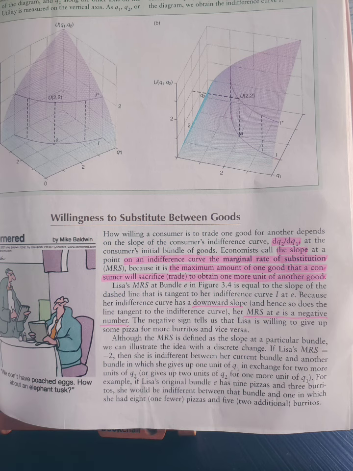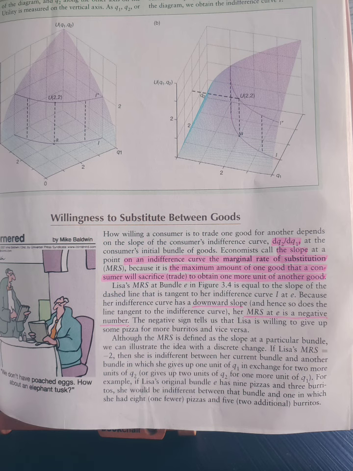The negative sign tells us that Lisa is willing to give up some burritos for more pizza and vice versa, although the marginal rate of substitution is defined as the slope at a particular bundle. We can illustrate the idea with a discrete change. If Lisa's marginal rate of substitution equals -2, then she is indifferent between her current bundle and another bundle in